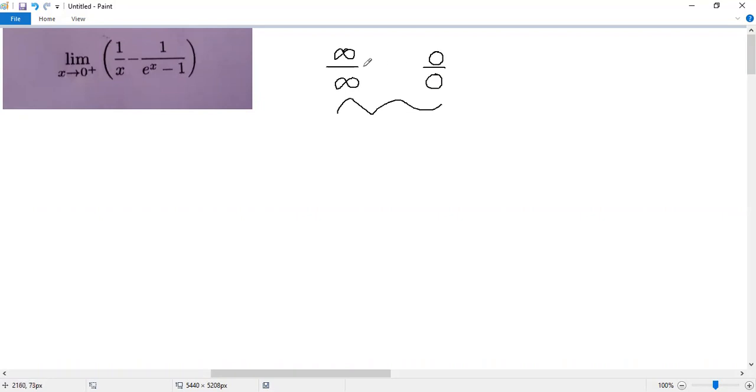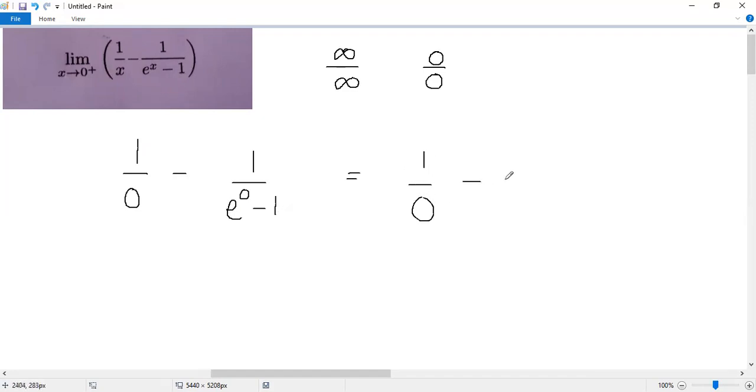And by L'Hopital's rule, I mean to take the derivative of the top and take the derivative of the bottom, and then take the limit again and use substitution to see if you get a valid answer. But what you'll notice is that this isn't infinity over infinity or 0 over 0. It's 1 over 0 from the right minus 1 over e to the 0 minus 1. So this comes out to being 1 over 0 minus 1 over 1 minus 1, which is 1 over 0